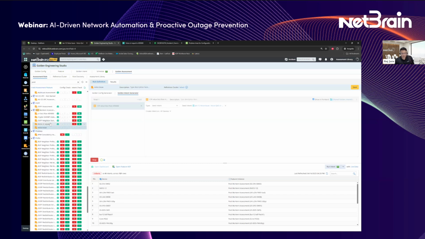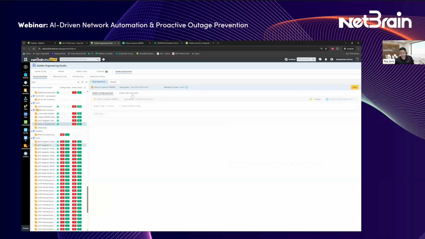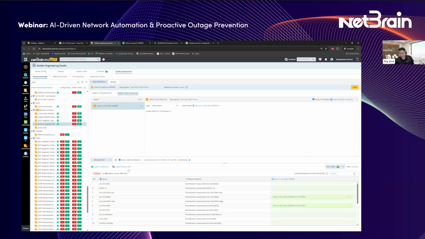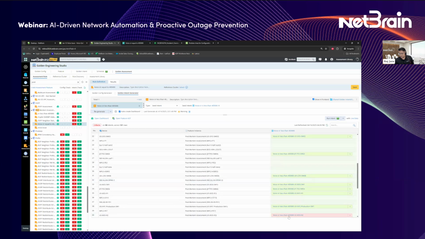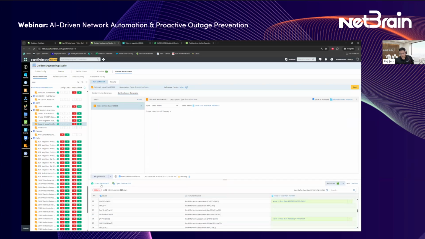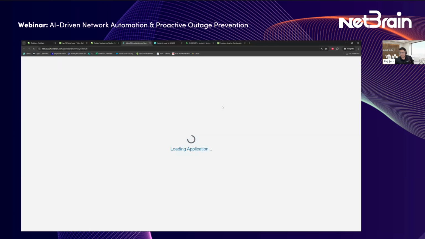And since we have already done this before, I'm just going to quickly switch to that particular post-mortem that we have done. And as you can see, across 121 devices, we came across 50 devices that have that particular QoS config and 2 alerts. And just for the sake of showing this to you visually, I can quickly scroll down and point out where that alert is. But a simpler way is to always use a dashboard. So NetBrain not just replicates this problem for me, but also gives me an easy-to-use dashboard.